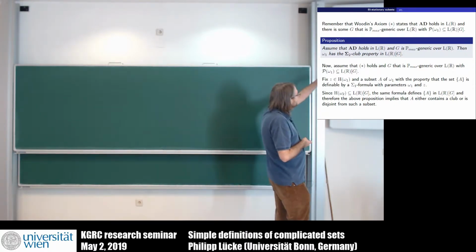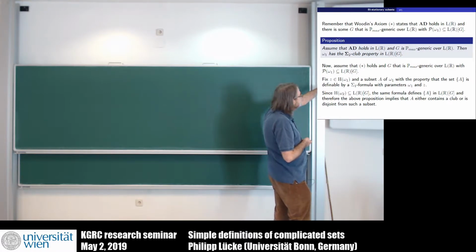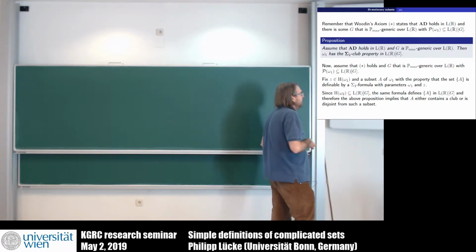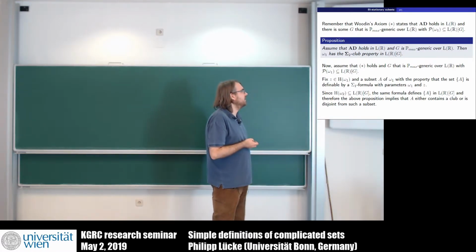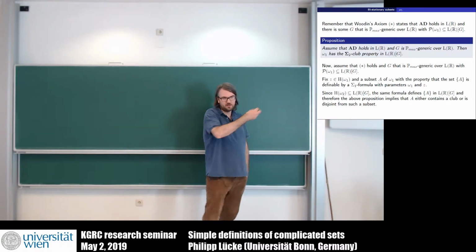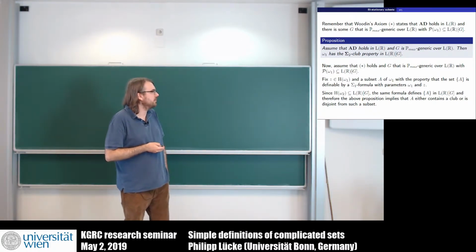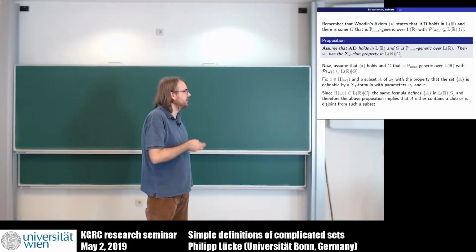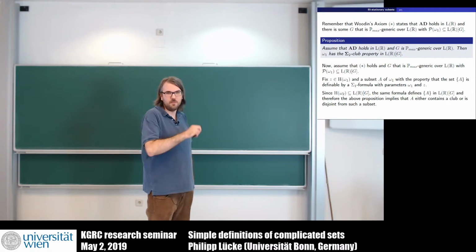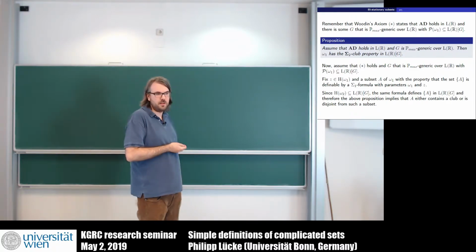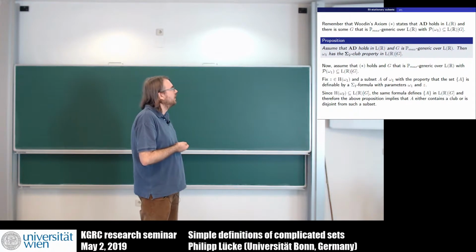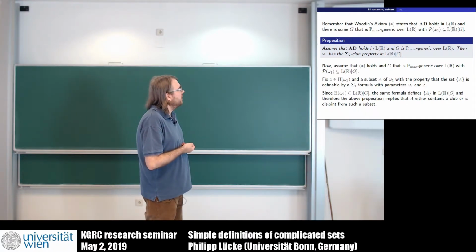But now we have this proposition, and this tells us that in L(R)[G], omega 1 even has a sigma 2 club property, so then we get the club that is either contained in A or in the complement of A. Okay, and this shows that star implies the sigma 1 club property for omega 1. Okay, now for the other implications,